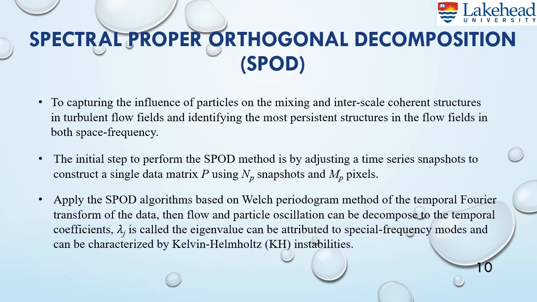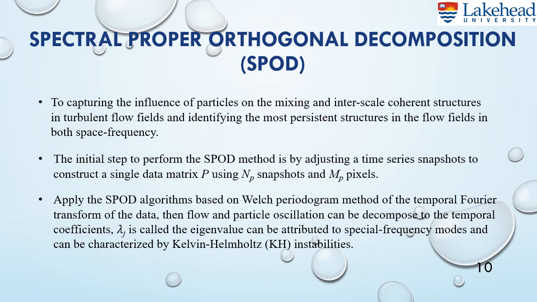For the photographic study, a new method, spectral proper orthogonal decomposition, or SPOD, was employed to capture the influence of particles on mixing and interscale coherent structures, to find the most dominant structure in the flow field in both space and